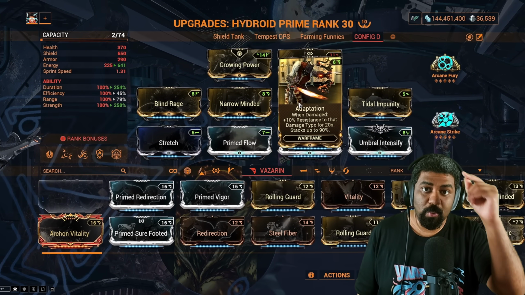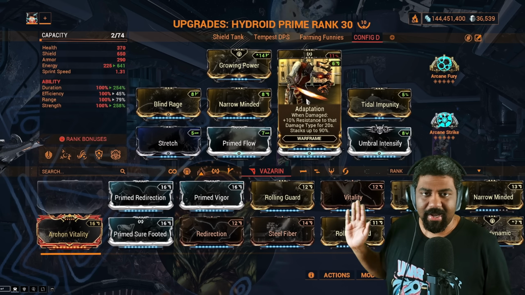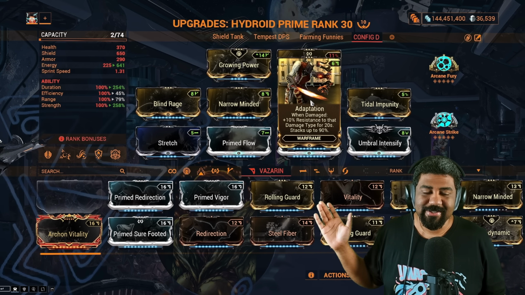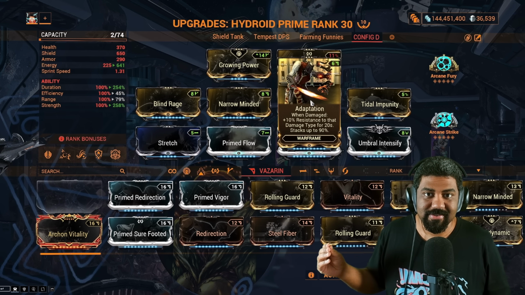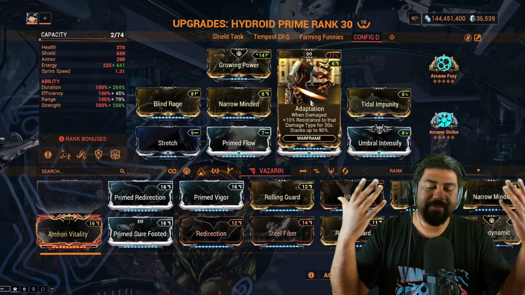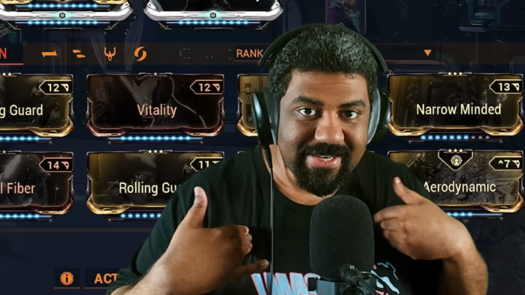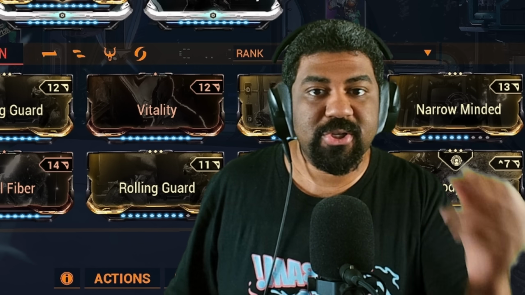Before those of you who jump, why do you have Adaptation with status immunity? Read the mod. I'll give you some time. You'll understand this has nothing to do with status effects. Now, for those who can't read, there are people like that, no worries. I'll help you understand. When you take damage from a specific damage type...